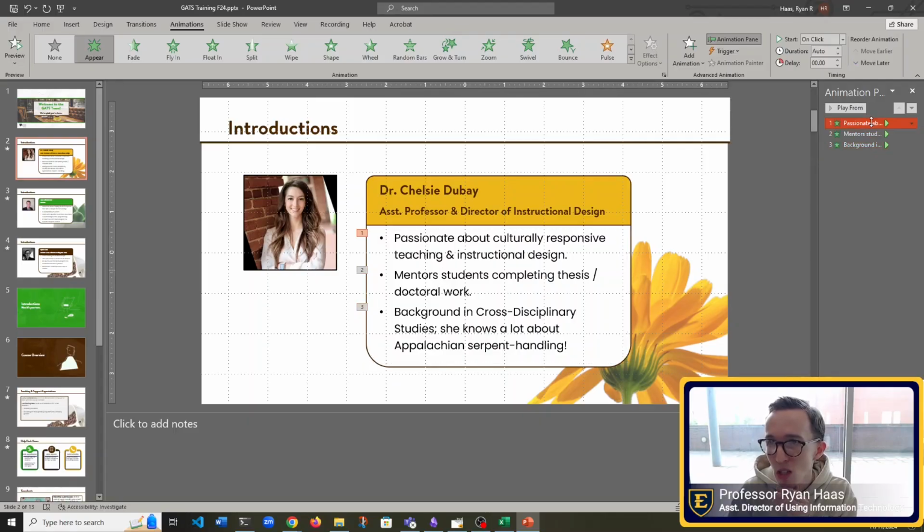So I'm going to actually change this, and I'm going to say start, let's say after previous. And let's set a delay on this of half a second. And I'm going to say, set a delay of 1.25. Let's do 1.25 here.